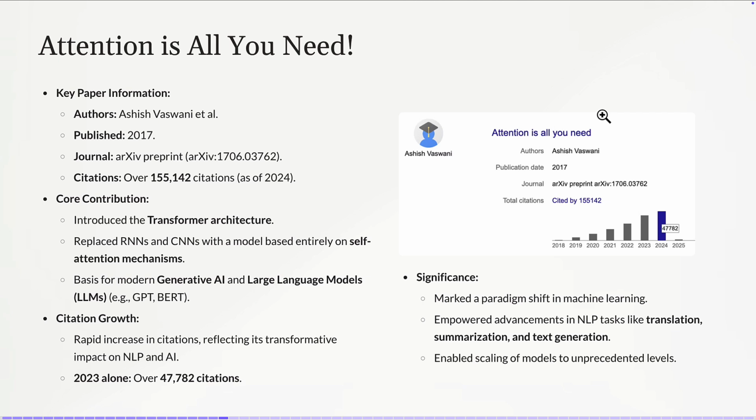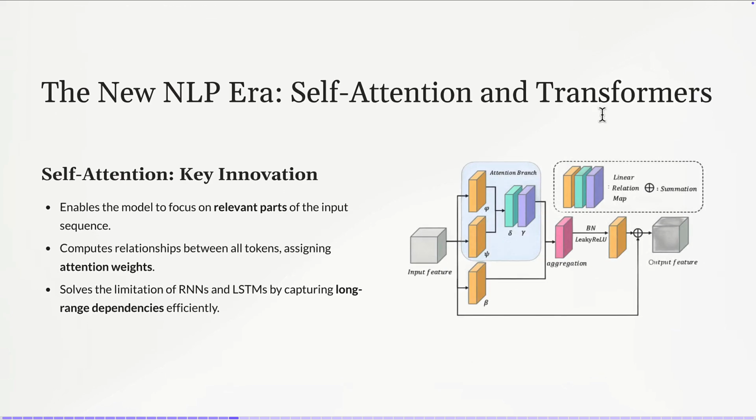So this Attention Is All You Need paper is based on the concept of self-attention, as we already mentioned, and we will introduce this in today's lecture. This is the block that made the difference. I'm going to briefly explain, because we need a full lecture to go into all these details. The key innovation in self-attention is that it enables the model to focus on the relevant part of the input sequence, regardless of its length.